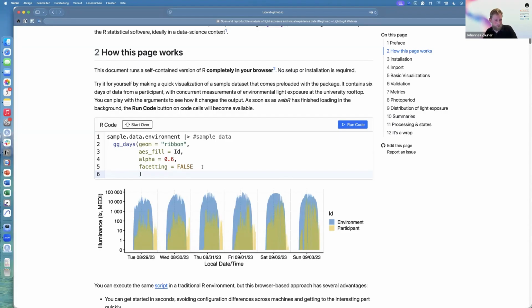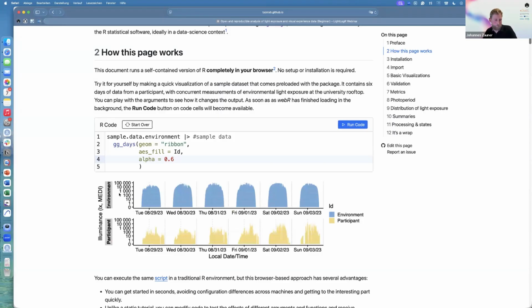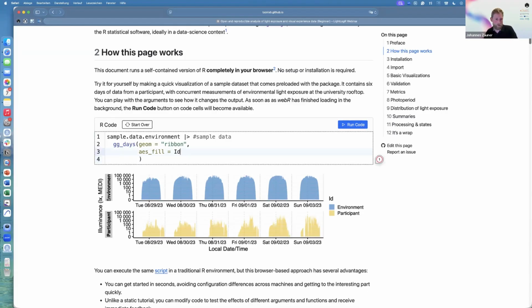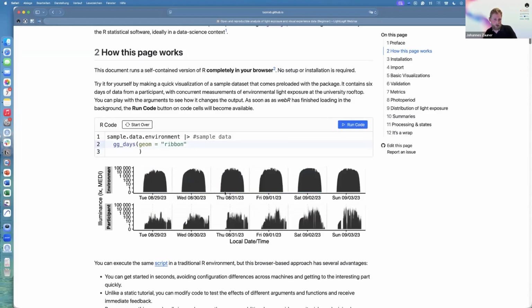We can look at what arguments do. So for example, if we remove this faceting argument, we can see that instead of one facet where everything is in, we get one facet per ID, in this case, participant and environment. The alpha level just fixes the transparency of our coloring. The aesthetic fill basically says I'm filling conditional on the participant or the environment, and the geom ribbon